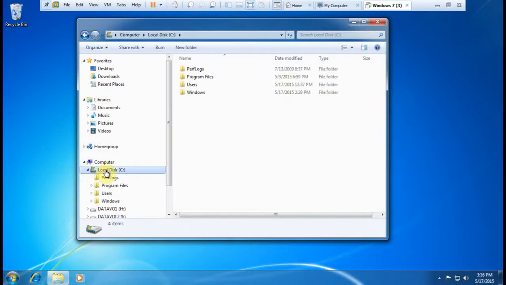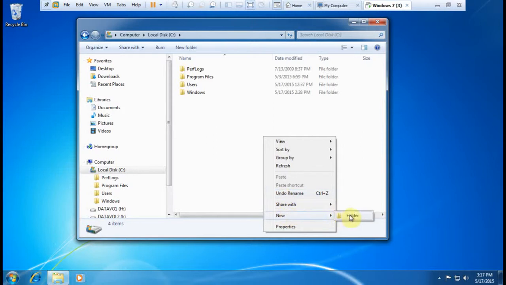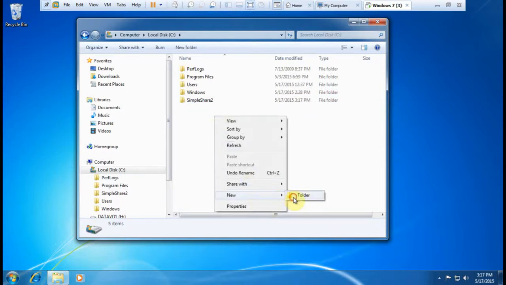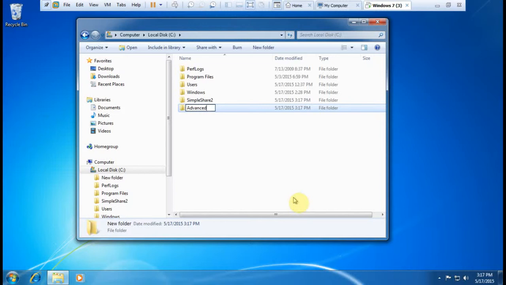Then go over to the local disk here. Click twice. Under Computer in the left-hand pane, right click on an open area in the right pane right over here. We're going to create some more folders. In this one, we're going to call it Simple Share 2. Enter. After we create the simple share, we're going to also create one more folder. Go to New Folder, and it's going to be called Advanced Share. Okay, so we've got the two new folders created, and we basically do the same thing we did with